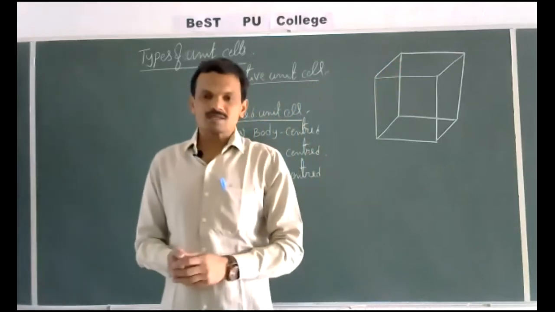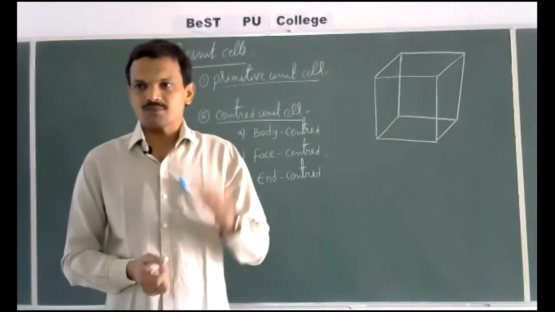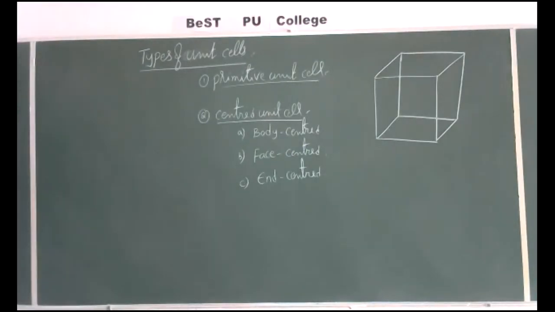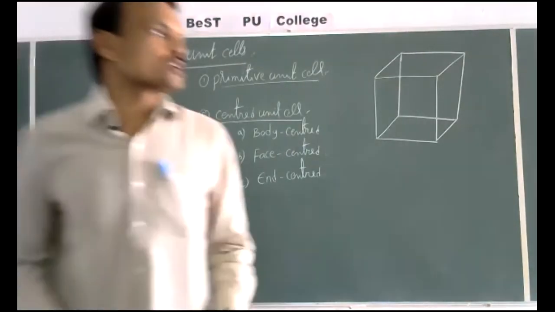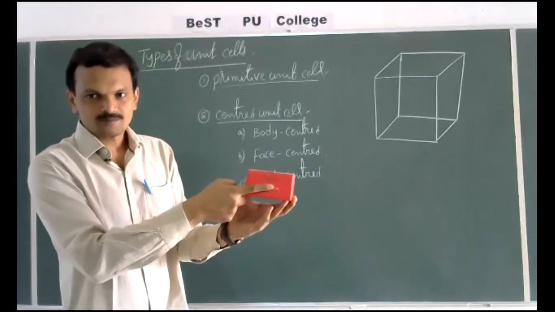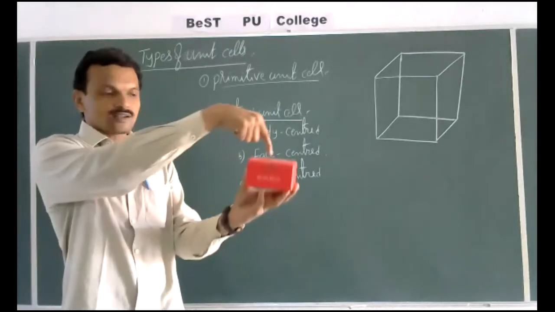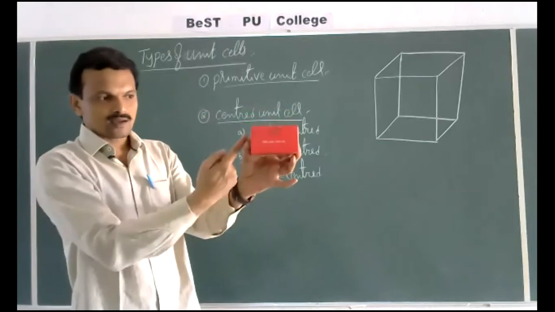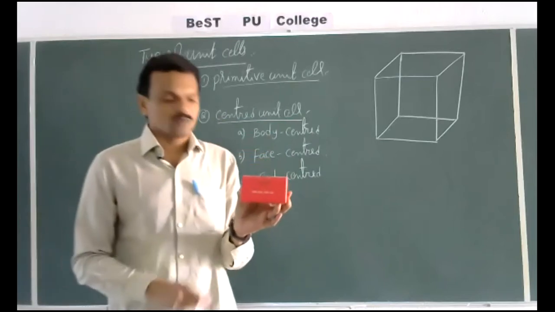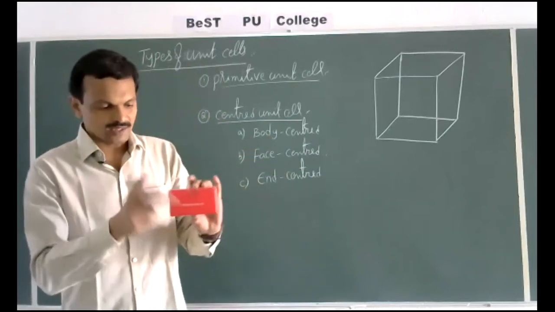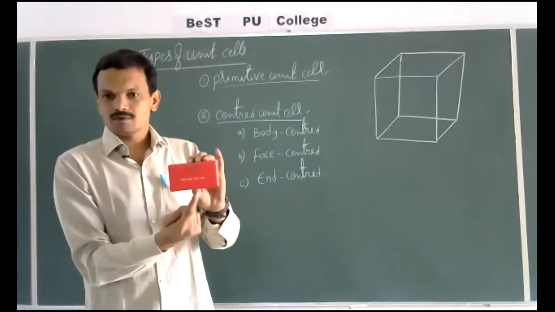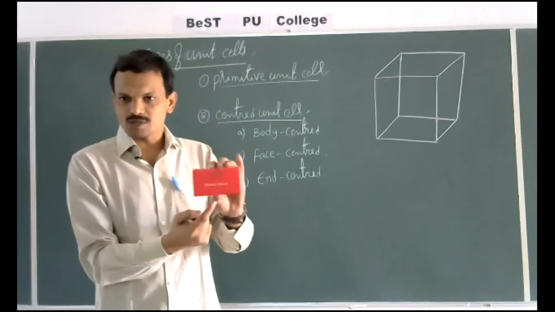So what does a cube consist of? A cube has 6 faces. I'll show you by taking one simple example here. Let us assume this is a cubic box. So here, this is one face, the front face, and this is the back face, top face, bottom face, right hand side face, left hand side face. So in total, how many faces are there? There are 6 faces for a cube: front, back, left, right, top, bottom. So there are 6 faces for a cubic system.